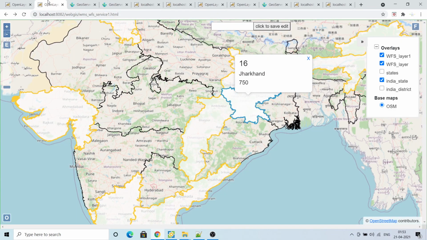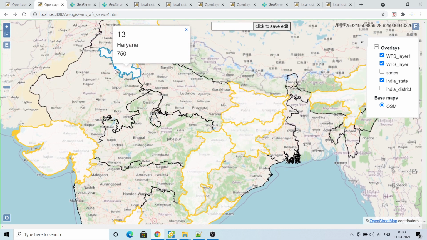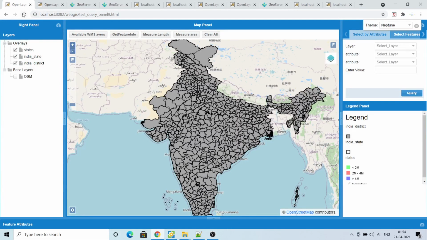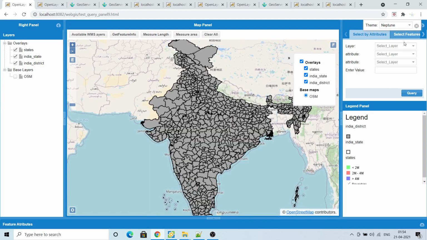You can basically make it dynamic. Like you can create a drop down, so you will select the layer. Then basically you can query on the basis of the attributes. And after that you can click here and activate the modifier. Then you can modify and save. So you can make it dynamic. I'll show you an application I have developed for this, using these same things.